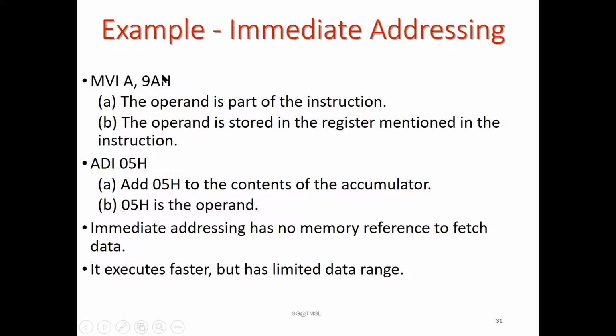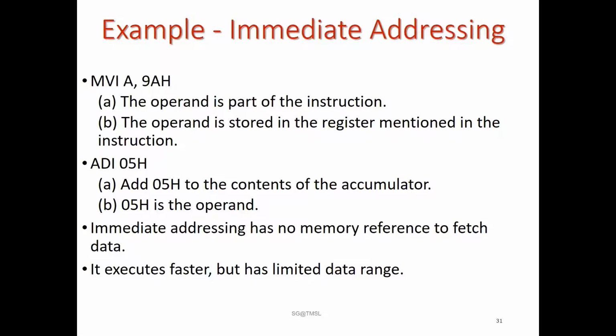If immediate data is involved in your instruction, these instructions are in the immediate addressing mode category. The data is specified in the instruction, like MVI A comma 9A, or ADI 05, or ANI 05, or XRI 05, or SUI 05, or LXI H comma 8050.